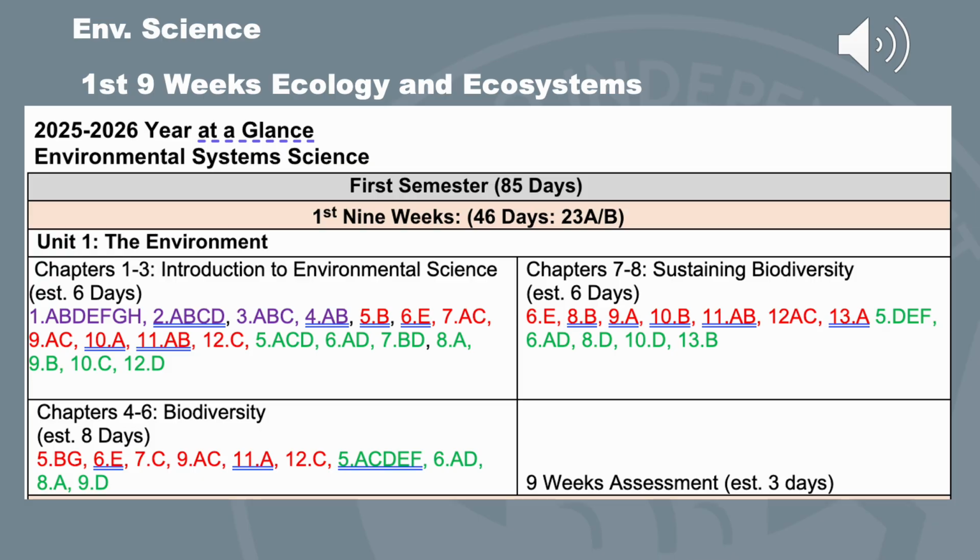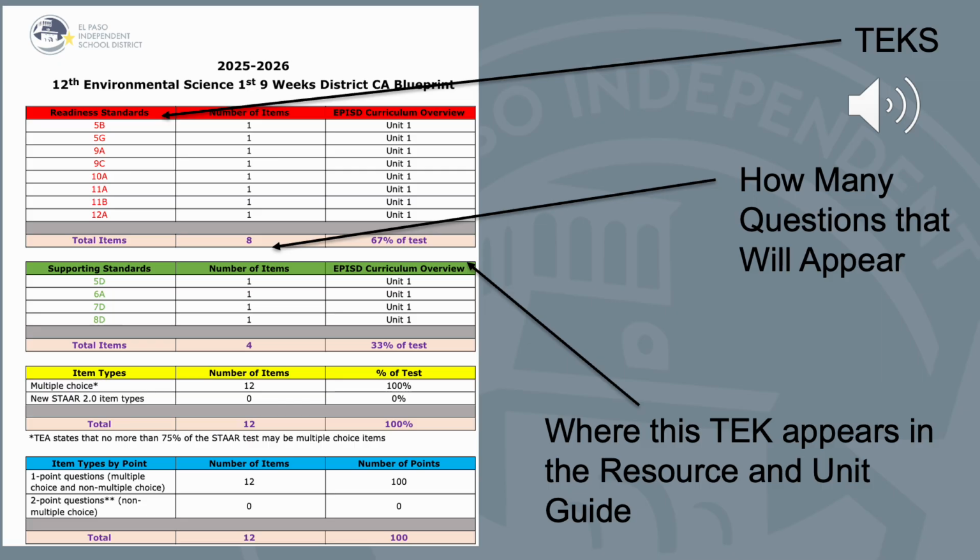throughout the entire unit. This total first semester is 85 days. You're going to have 46 days, 23A and 23B days, to complete all of these topics. You can choose however your team wants to, or your campus decides, if you need to work a TEKS here and there to help align it best, but you want to make sure you hit all of these goals before the 9 weeks assessments. Here you'll see that this is going to be our blueprint that is designed for you